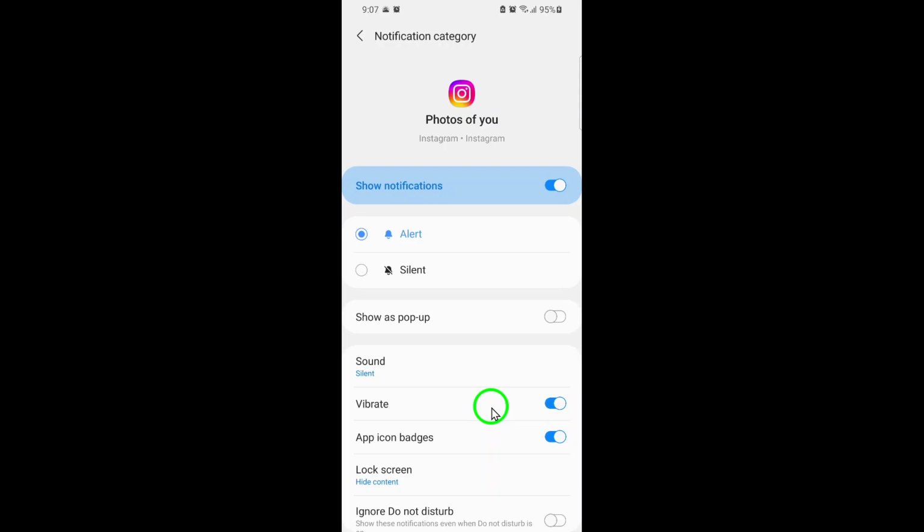From now on, whenever you get a Photo of You notification on Instagram, your phone will vibrate, making sure you never miss a tag. This is especially handy if you often keep your phone on silent or in your bag. Customizing your notifications ensures you're alerted in the way that works best for you. Whether you're in a meeting, at the gym, or just want a discreet heads-up, enabling vibration keeps you connected without being